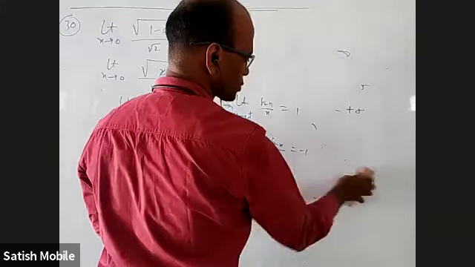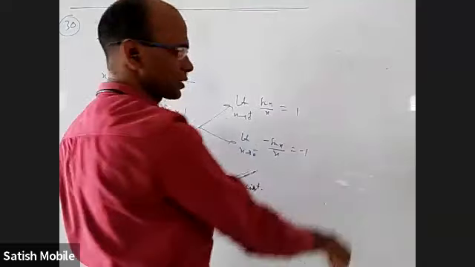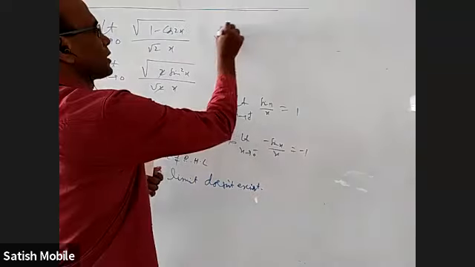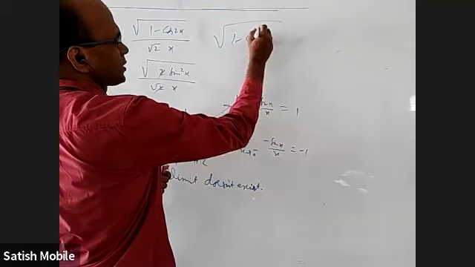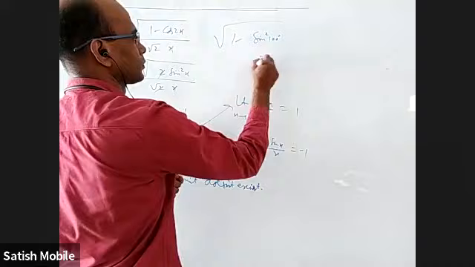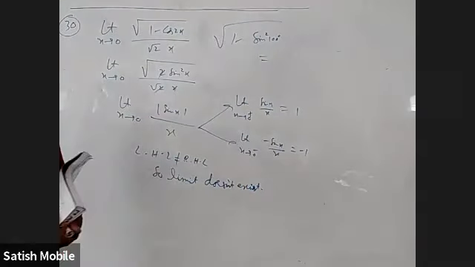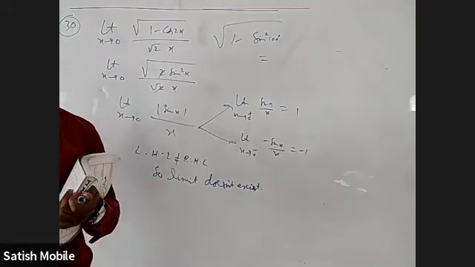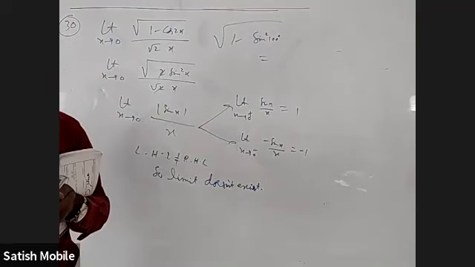In fact, in trigonometry, in past year mains questions, I was discussing in another class, there are quite a few questions based on this simple thing. For example, they ask root of 1 minus sine square 100 degrees. What is the answer? Square root of 1 minus sine square 100 degrees. Is it cos 100 degrees?